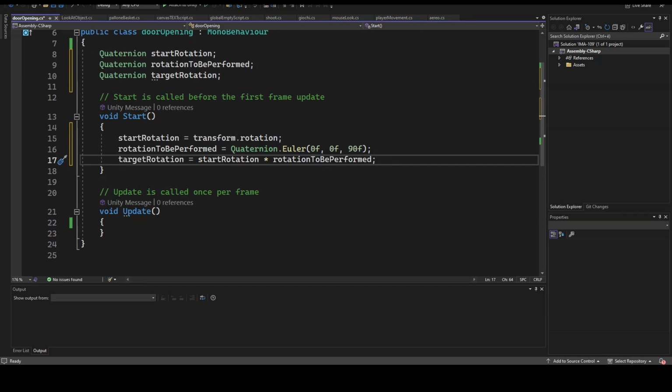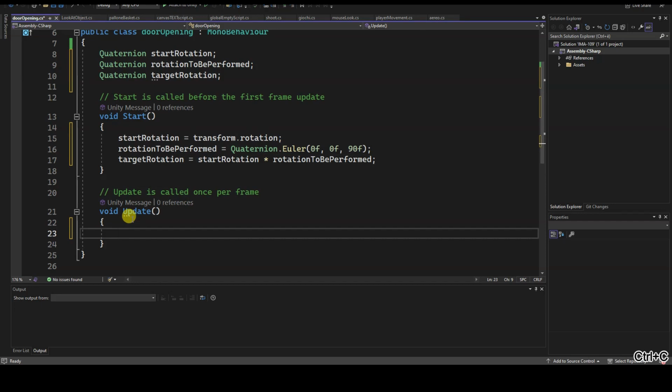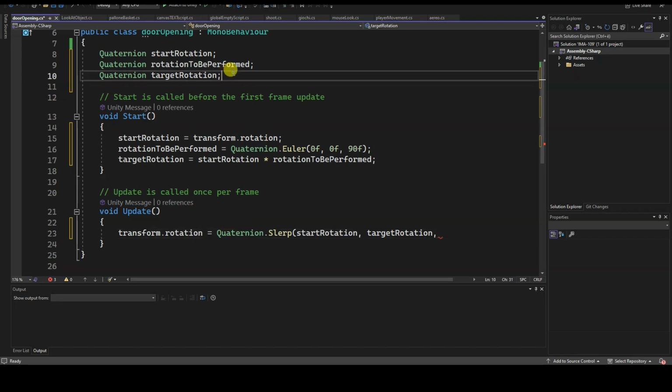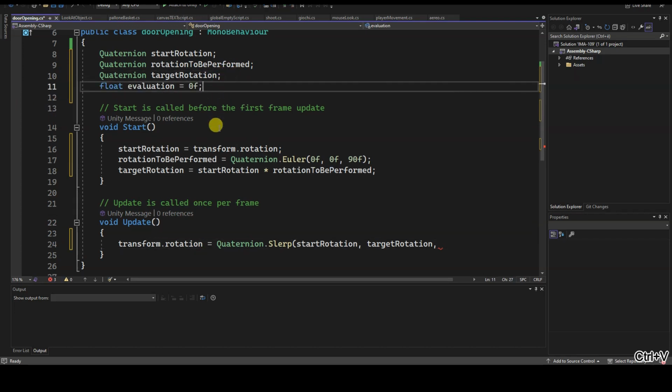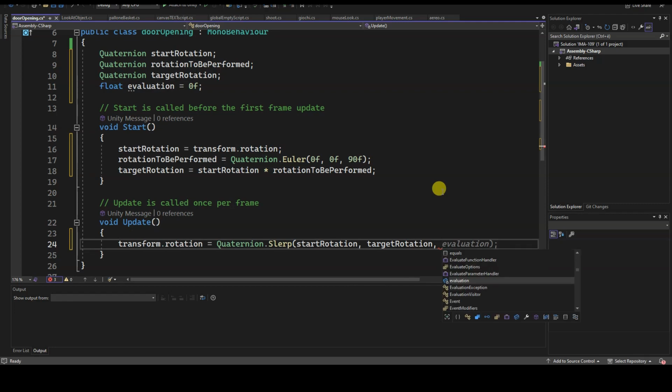Let's move to the Update function, which, as a reminder, is invoked at each game frame, and start writing transform.rotation equals Quaternion.Slerp(startRotation, targetRotation). And we stop here because we have not yet defined a variable for the evaluation time of the interpolation. This variable must start at 0, so we can define and initialize it outside of Update with float evaluation equals 0f.